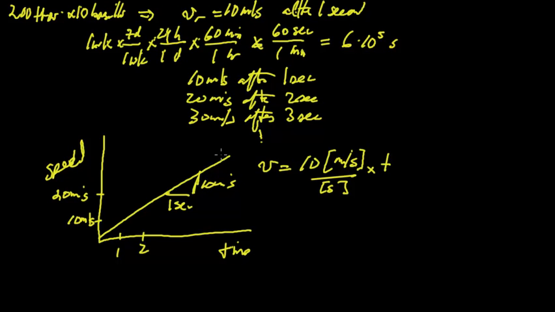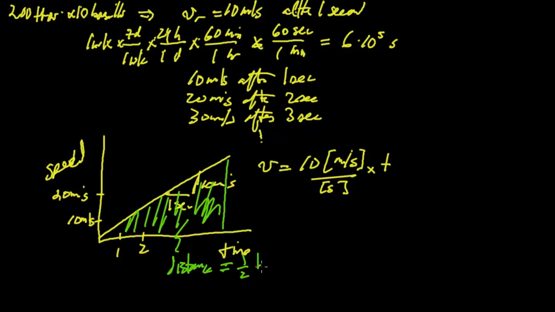And the distance at some time is this area. That's the distance, which is 1/2 the base times the height. Now in our case, that's 1/2. The base is the time that we're talking about, which is 6 times 10 to the 5th seconds, times the height,